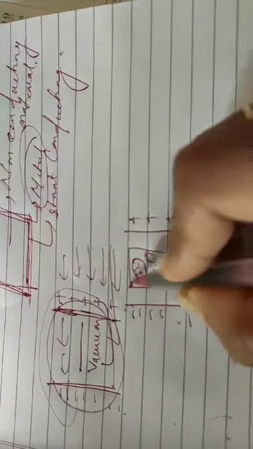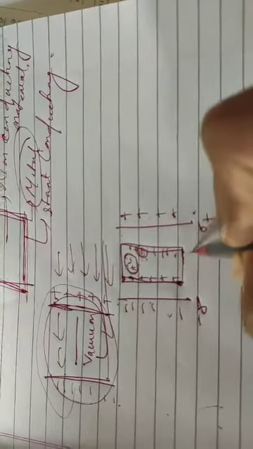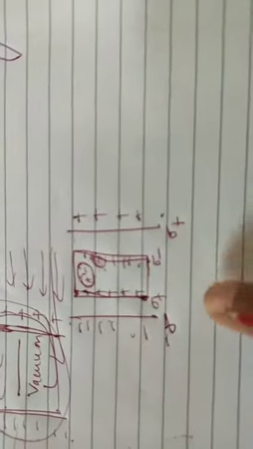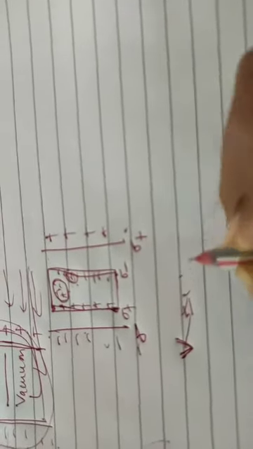So once I keep my dielectric inside, what happens? The positive charge of the dielectric will be attracted toward the negative plate, and the negative charge of the dielectric will be attracted toward the positive plate. So see here, the surface charge density, suppose I take this as negative and this as positive. Here this is negative, here this is positive. So the charge will distribute accordingly. Understood? So what happened? The formula I can write for the potential V is one relation. First I will tell you what that is.